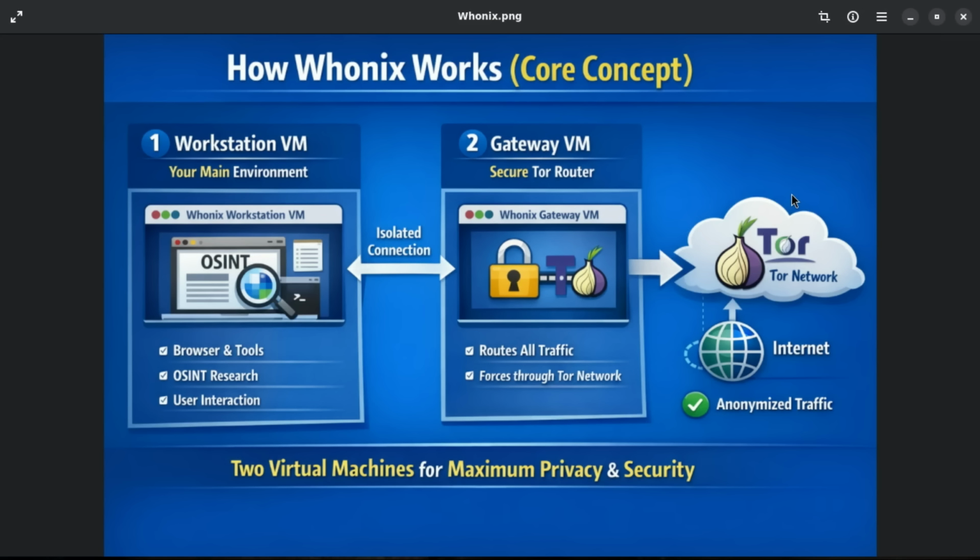So if you could picture this, it looks something like this. You've got two virtual machines working as a team. One, the gateway. This one's job is simple. It connects to the Tor network. Think of it as your private built-in Tor router. Two, the workstation. This is where you actually do everything: browsing, messaging, installing apps, taking notes, all inside a safe,